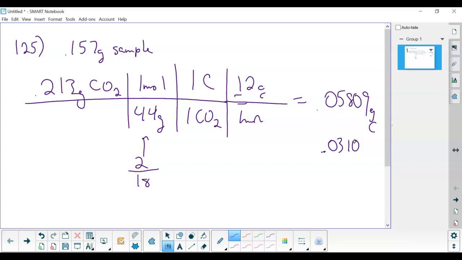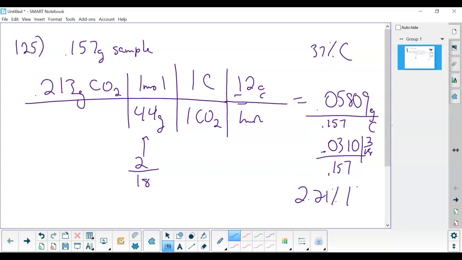When you get to the end there, to find the percentage, you do need to divide by the sample mass. And this is going to be then the 2 and then the 18 and then the 0.157. And that's going to give you 37% carbon and 2.21% hydrogen. When you do the same type of calculation for the nitrogen, notice you have a different starting amount,